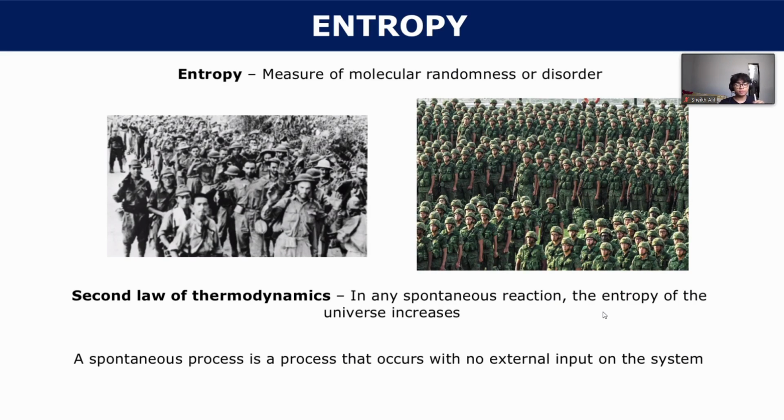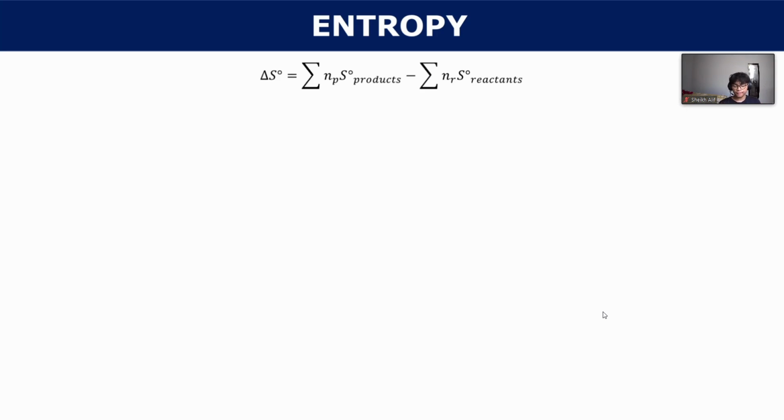Now, it's almost impossible to calculate the entropy that something has. If you were standing in a line at a coffee shop waiting to pay, and you see the person in front of you has to pay $4 for their drink, you can't know how much money they have. You just know that they have $4 less than they started off with. In a similar way, we can't measure how much entropy a system has, but we can measure the change in entropy. The change in entropy is determined using this equation here, where the change in standard entropy is the sum of the entropy of the products minus the sum of the entropy of the reactants.